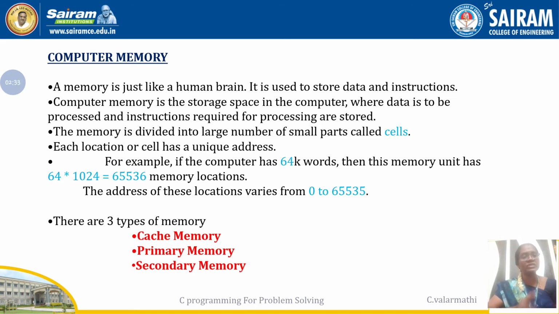What is the first location? In your main memory or primary memory, or whatever memory you have chosen, the first location will always be 0. That means your storage location always starts from the 0th position. Just like arrays in C programming are stored from the starting location 0, in the same way, whatever memory space you have taken will start storing your data from the 0th location till the size of your data.